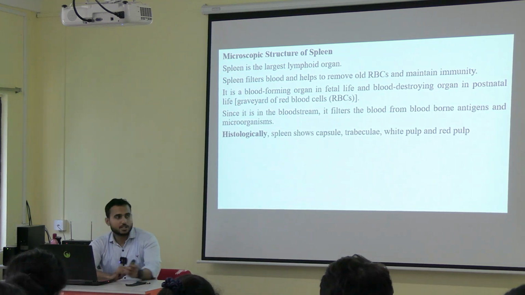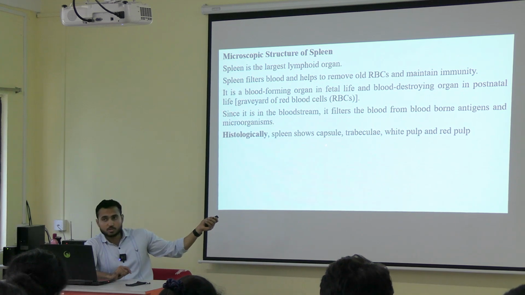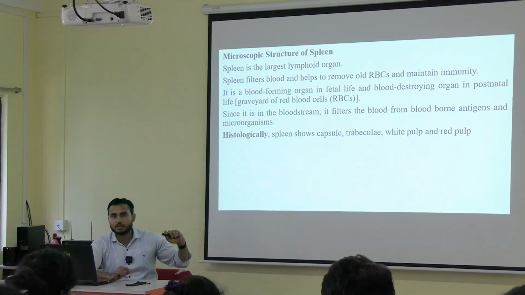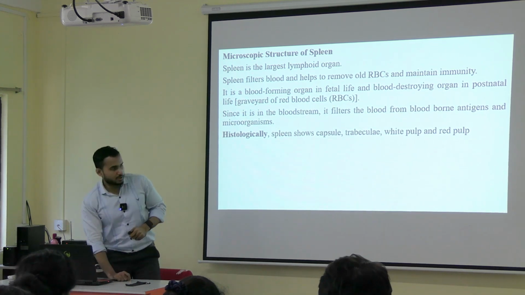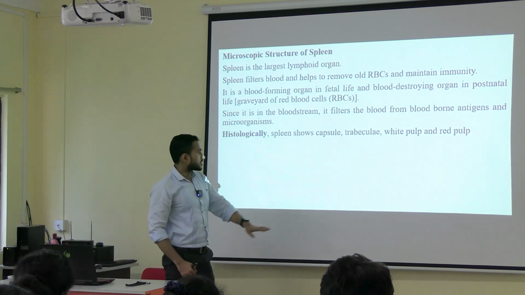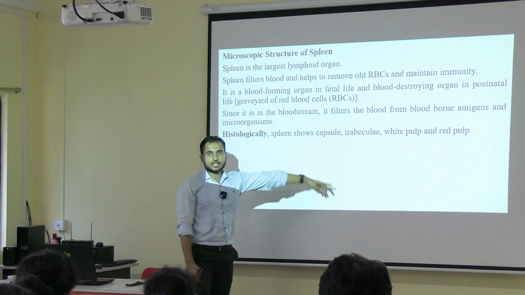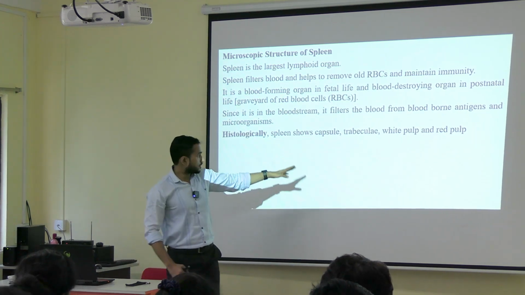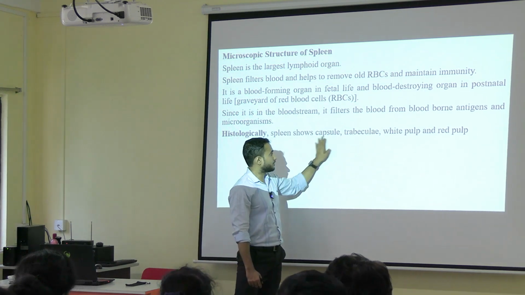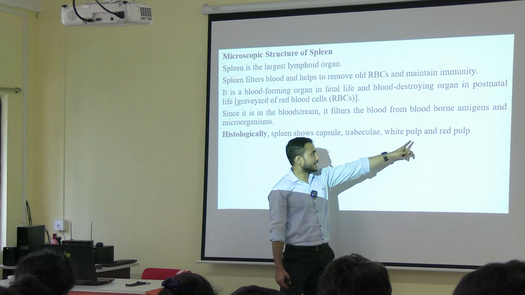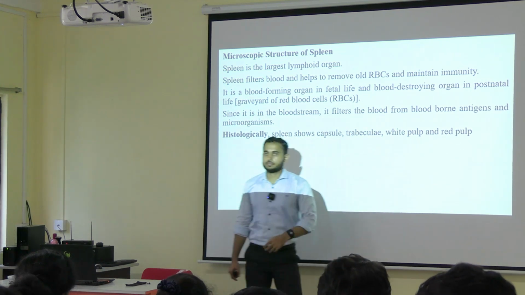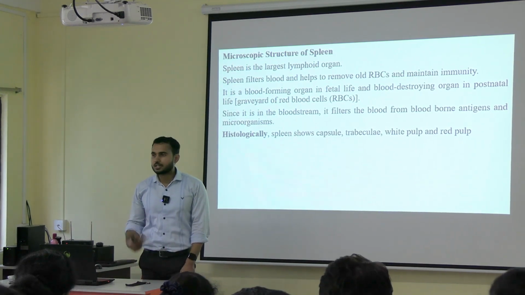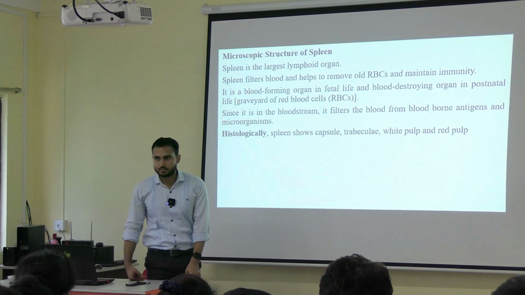Okay. Next, histologically, if you see, spleen shows capsule. As I said, then a trabecule will be there, and along with that, you will be getting white pulp and red pulp. Now, if you remember, last time I have mentioned that any structure, first of all, stroma is there and parenchyma is there, right? So here, in case of spleen, the stroma will be the capsule and the trabecule. These two will form the stroma, and the parenchyma is made up of red pulp and white pulp. Now, red pulp, white pulp doesn't mean that white color and red color. ऐसा नहीं होता है.